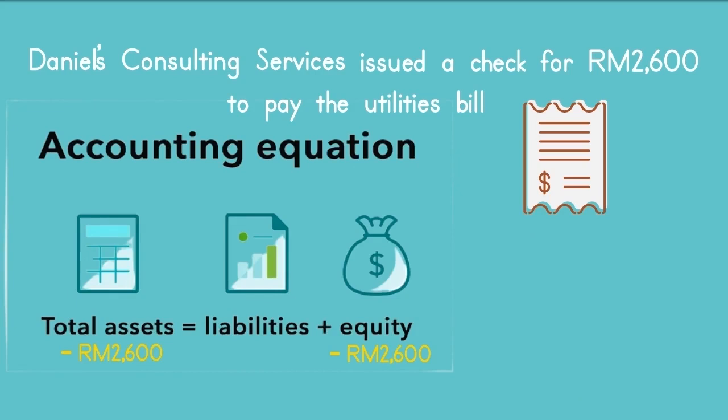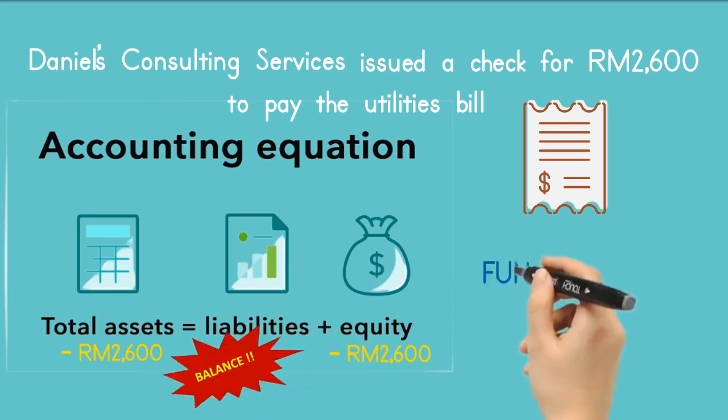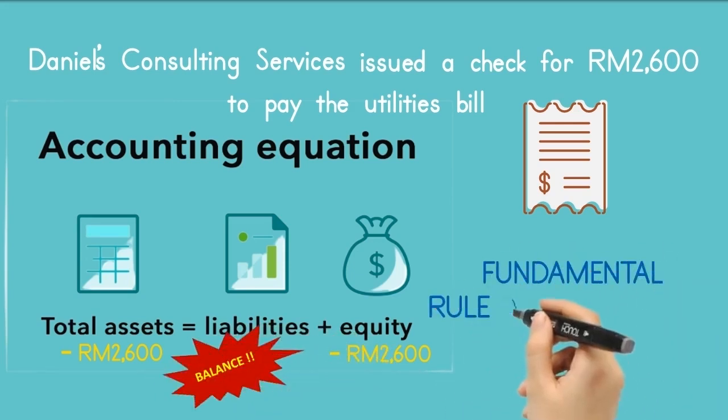As a conclusion, all transactions will affect the business's assets, liabilities, and the owner's equity accounts. The accounting equation is applied to check that these three accounts balance. This is a fundamental rule of